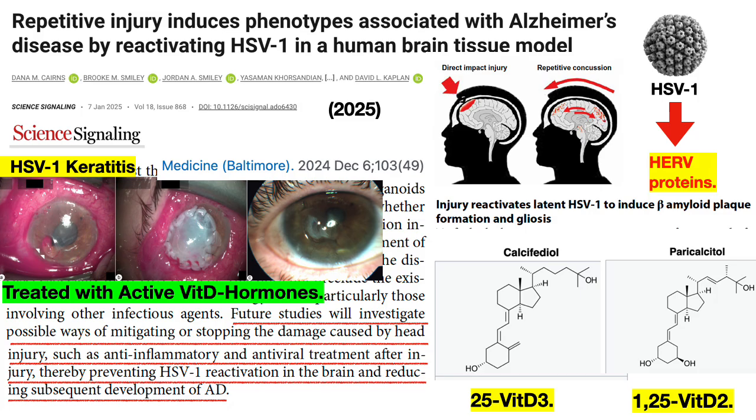So the methods that were used to treat this case of severe infectious HSV-1 keratitis could potentially be translated to patients who have recurring TBIs, or in the case of long COVID, one could conceive that the chronic infections and viral reactivations in the central nervous system of people with long COVID, that again, the use of active vitamin D hormones used in combination could be potentially used as adjunctive therapies with agents like acyclovir to suppress HSV-1 and the